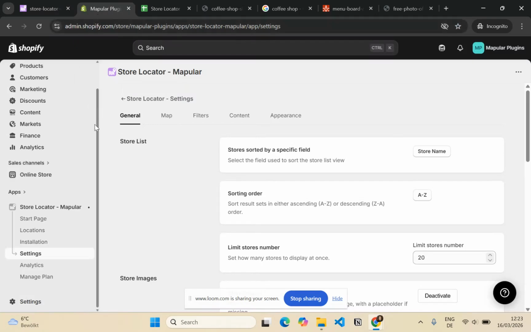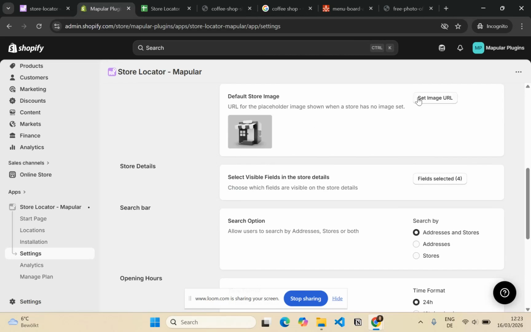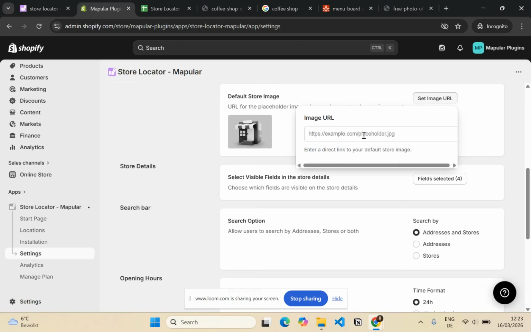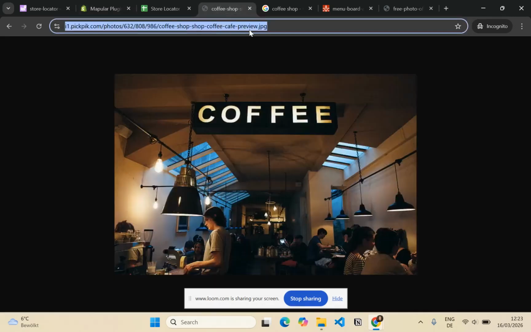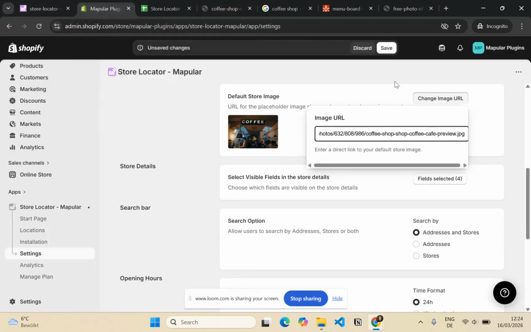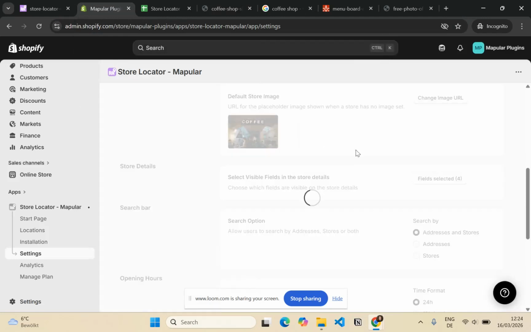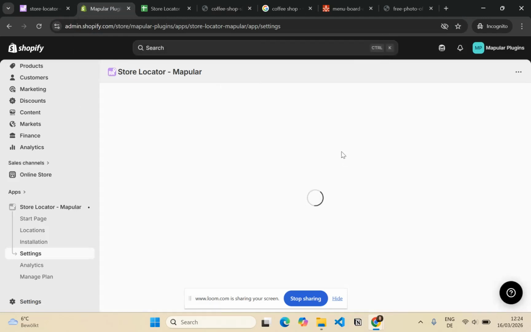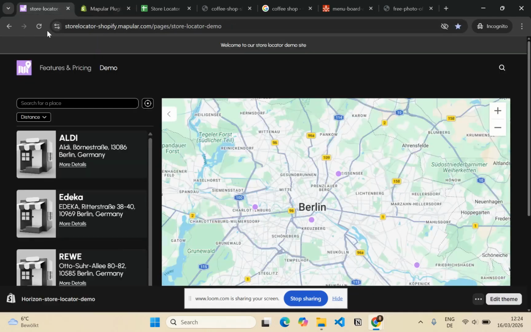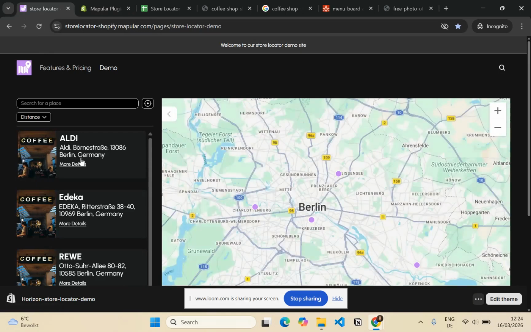You will go to Settings, General, then click on Default Store Image, Set Image URL, and here you will copy the image URL, paste it, and then save. Then you can go back to your store locator, refresh, and here you will see all your stores with the